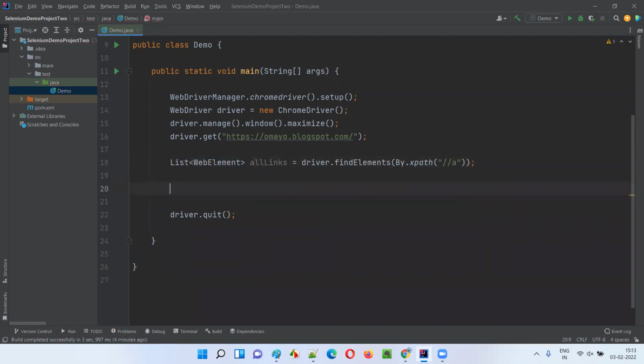Now I'll use a for each loop, guys. I'm not going to click on the hyperlink, so I don't have to avoid the stale element reference exception, because I'm not going to navigate away from this page to another page. So no problem, I can still use a for each loop. Each and every hyperlink is a web element here. So here, web element e colon all links, this all links, list of web elements. And here I'll say